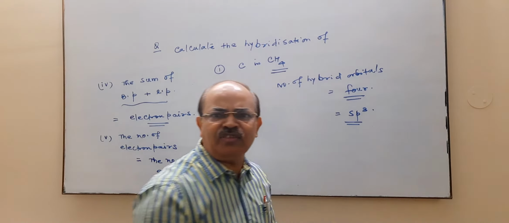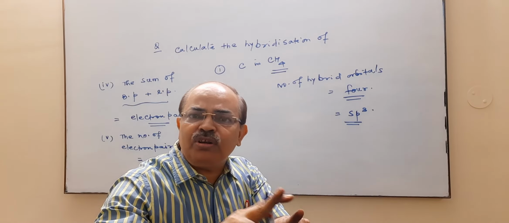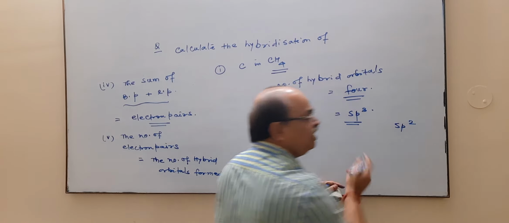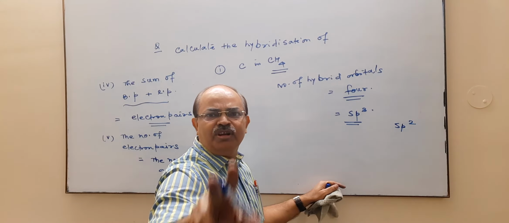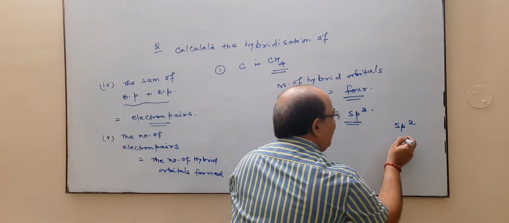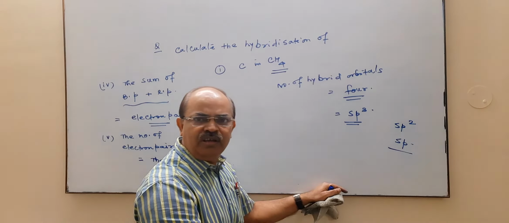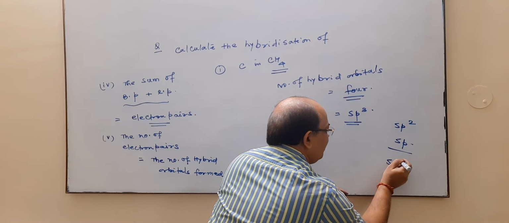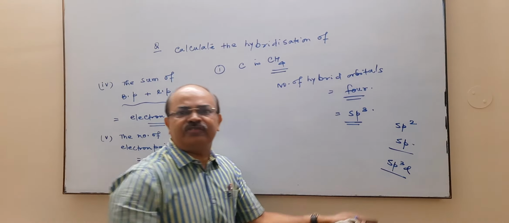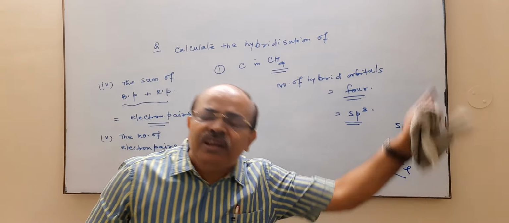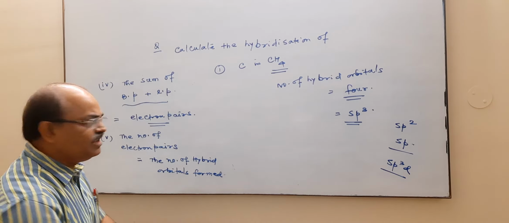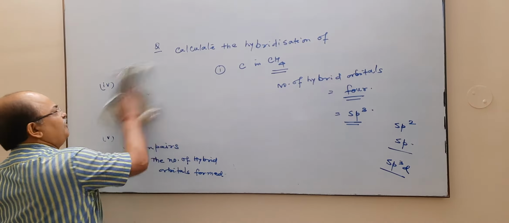अब देखो कितना आसान है. If the number of hybrid orbital is 3, तो 3 किस में होगा भाई? sp2. If number of hybrid orbital form is 2, hybridization is sp. If the number of hybrid orbitals form is 5, it is sp3d. और 6 रहता तो sp3d2. For example, if we consider PCl5,